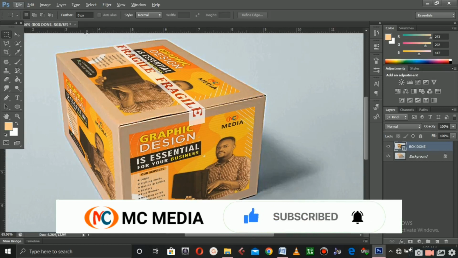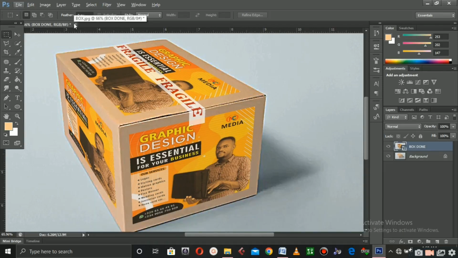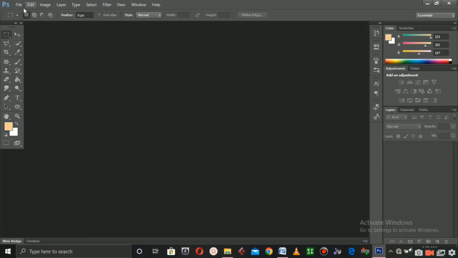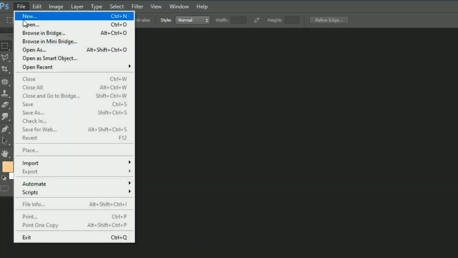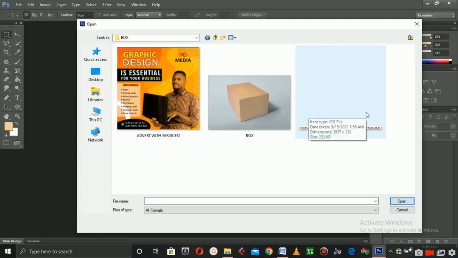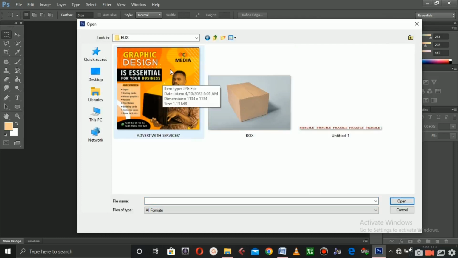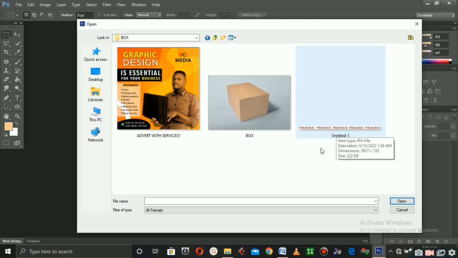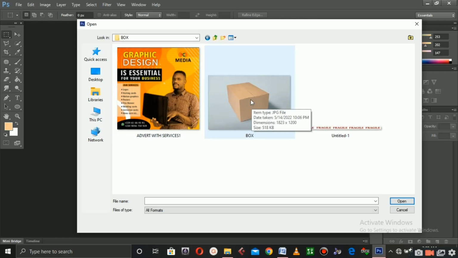So let's go ahead and start the project from the scratch. So remove this, we don't need this. Alright, go ahead and open a new one. So when I hit open, you can see all the materials I'm going to use: the design, this box, the empty box here, and the fragile. These are the three we are going to use. Go ahead and choose the box,